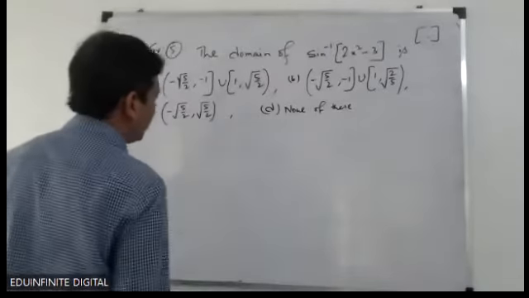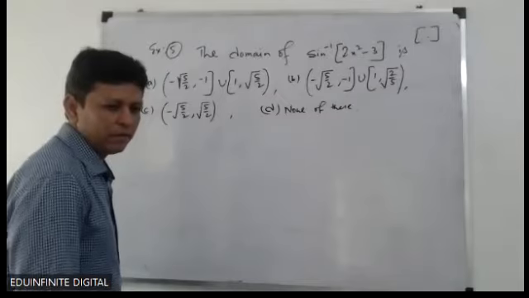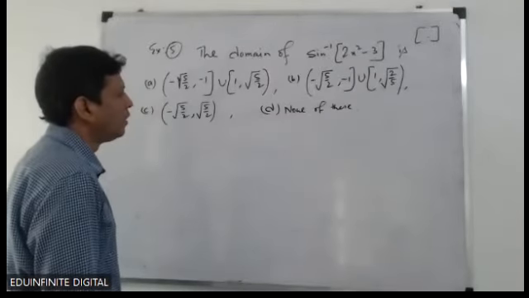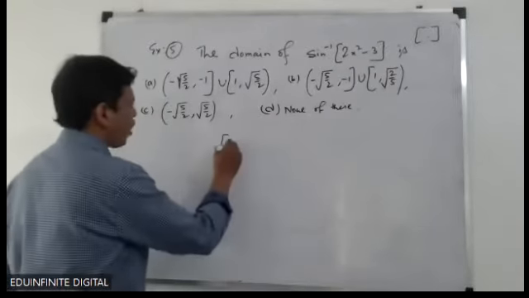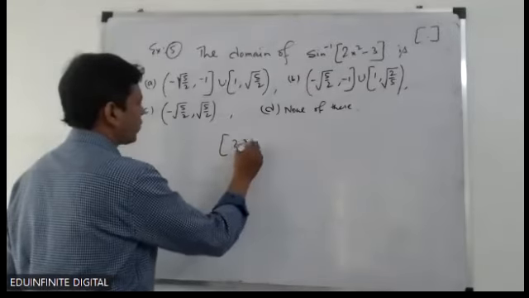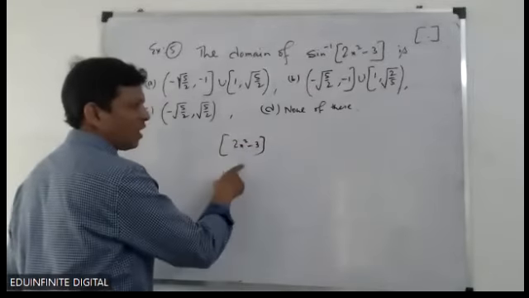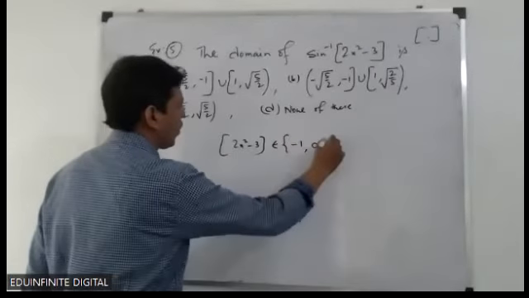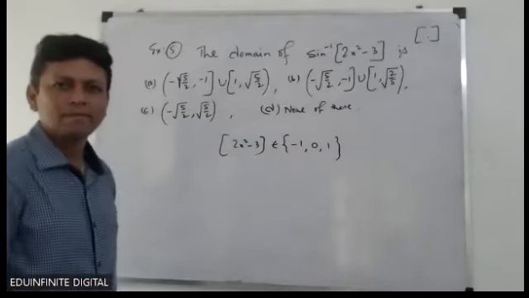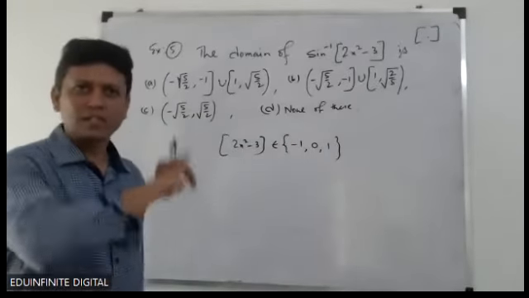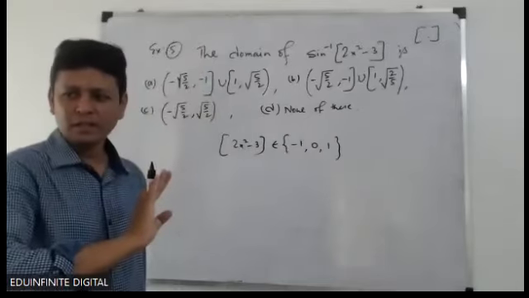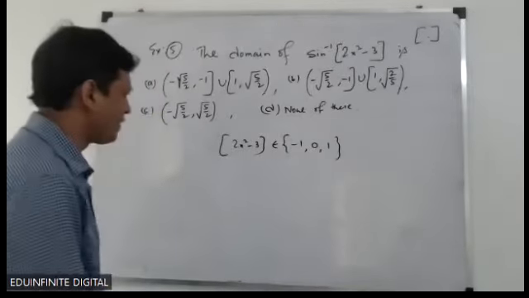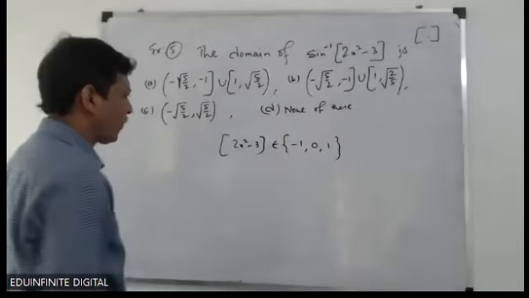Everybody. Acha, first of all, the box of 2x square minus 3x will be greater than or equal to minus 1 and less than 1. Okay, box of 2x square minus 3, and this is an integer. So it belongs to minus 1, 0, and 1. Clear? Otherwise, it's minus 1 to 1. It should be. Let me check. You can find it. Okay, this is your first point. Now,